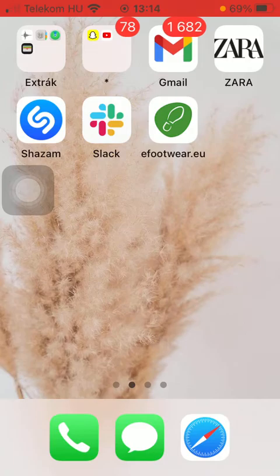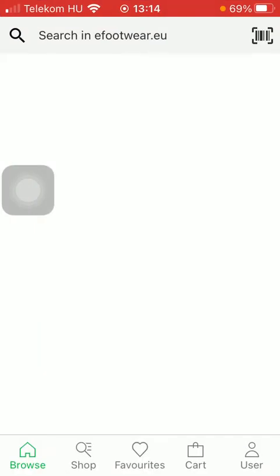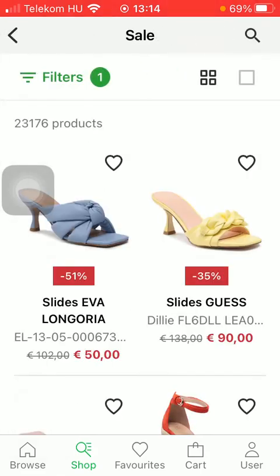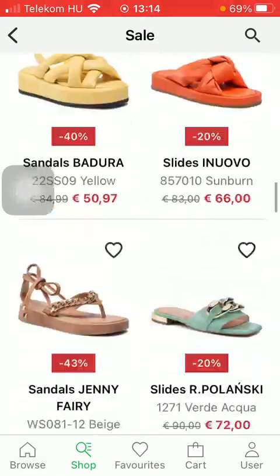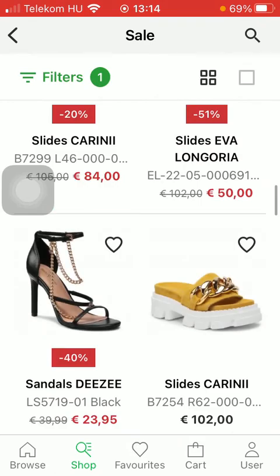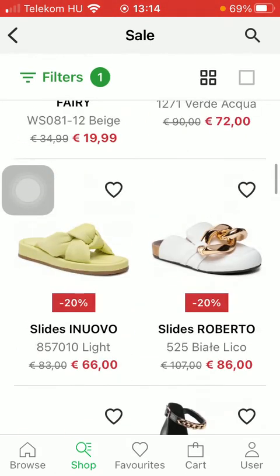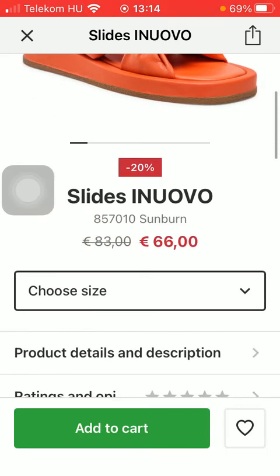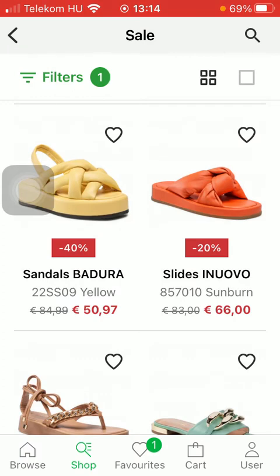First of all, open the application on your phone. Then you should tap on the shop icon down below, which is the second option. Select a category and a subcategory as well. Browse among the results. Click on the relevant one that you would like to add to your favorites. And all you have to do is click on this heart icon down below on the right side of the screen. Now if you tap on this X icon in the upper left corner of the screen, you're going to